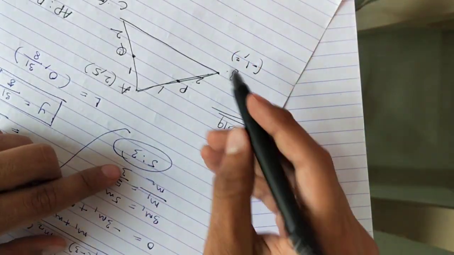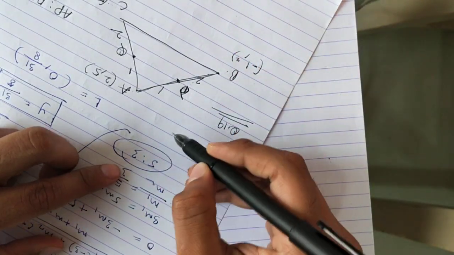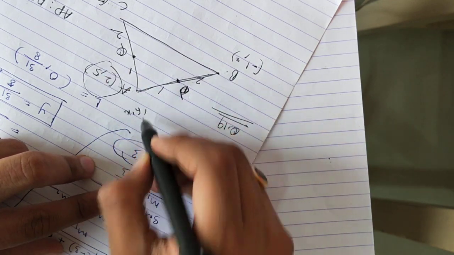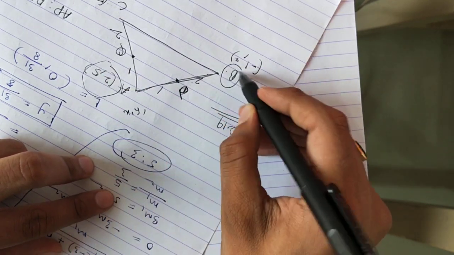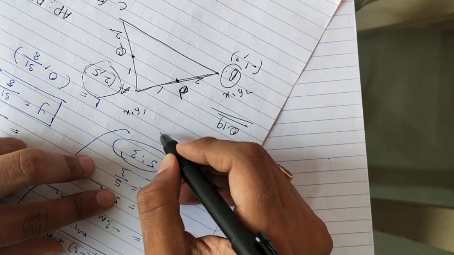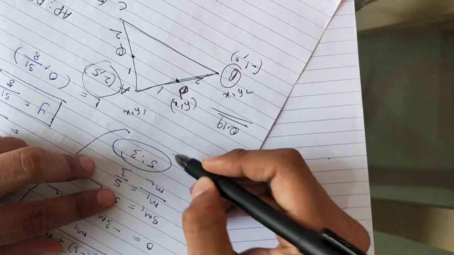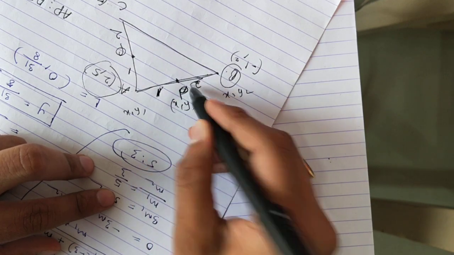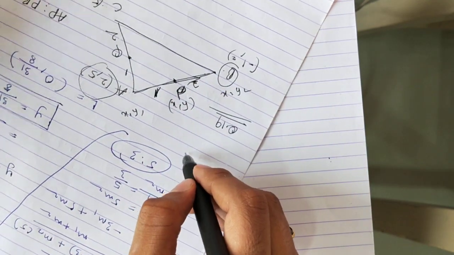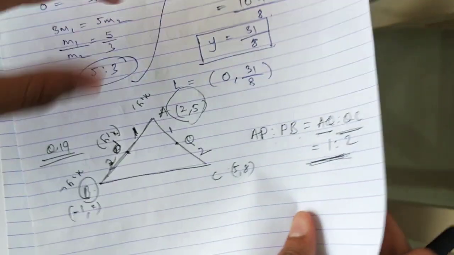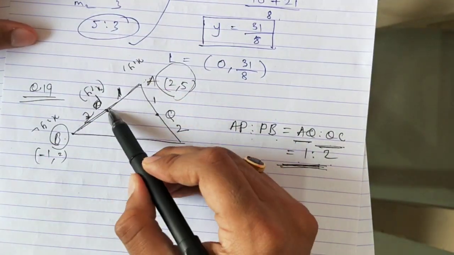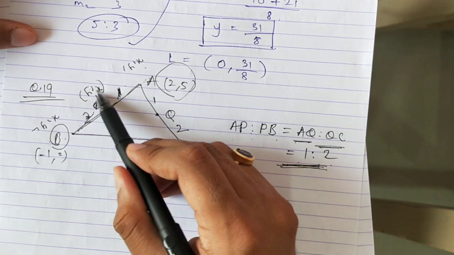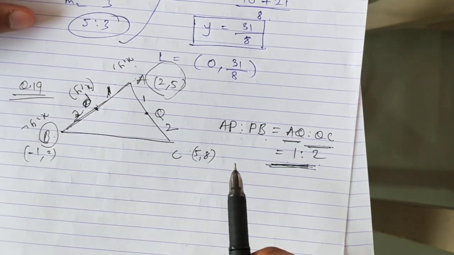If you see this diagram, this is point P. I have point A, I can take this as x1, y1. I can take this point B as x2, y2 and this point P as x, y. And the ratio is 1 is to 2. So this is a straight line. You have to solve this line by taking x1, y1, x2, y2, ratio 1 is to 2. You can find the value of P.